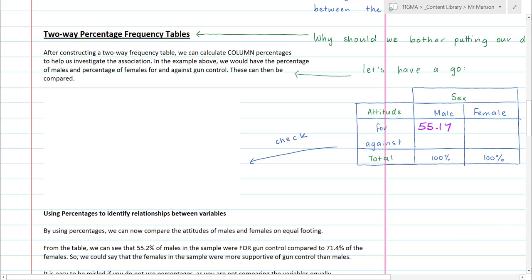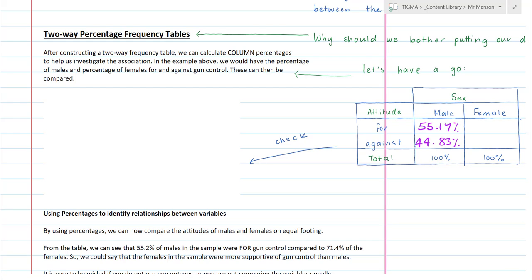And I want you to get used to this. You see how I've got two decimal places here? Some of you didn't do this in the exam. The exam will always state at the front, unless you're otherwise told, two decimal places needs to happen. That means that down here we've got 44.83%. And in the female section, we've got 30 females out of 42